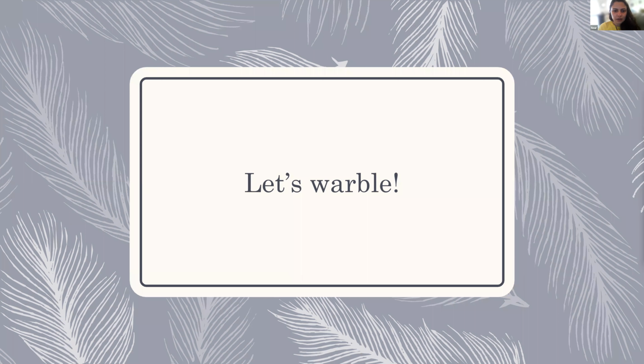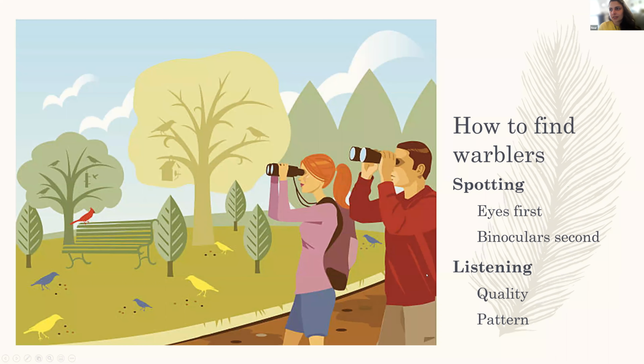So, how do you find warblers? First of all, spotting is really important. To spot a bird or a warbler, it's really important to remember to, and this sounds like I'm explaining the obvious, but look with your naked eyes first, and then without moving your head or your eye line or your line of sight, just hold up your binoculars without changing where you were looking. That helps you get through the most challenging part of finding birds, which is to find them through the binoculars. So look up, find the bird,